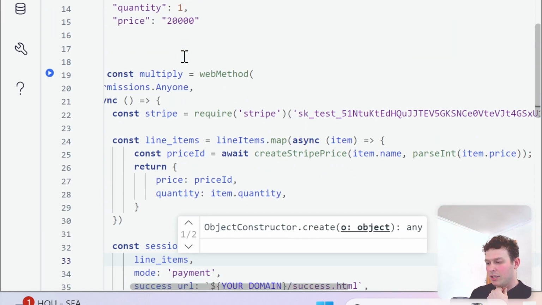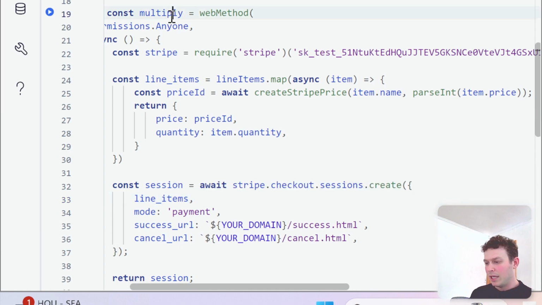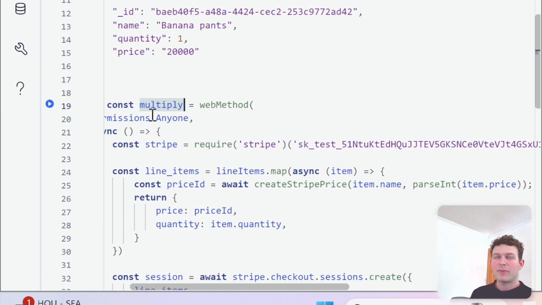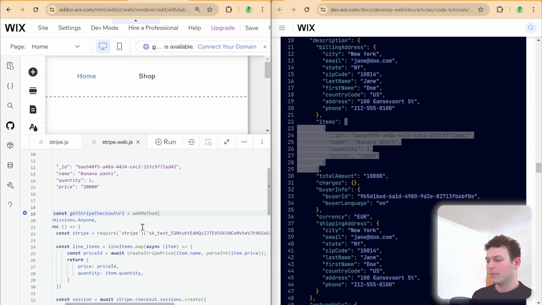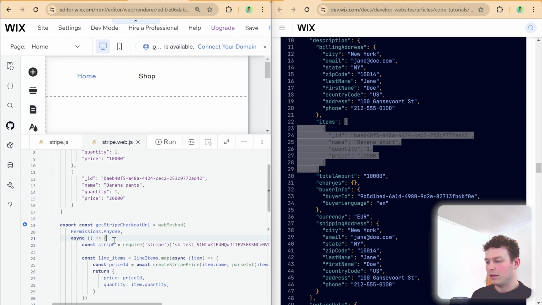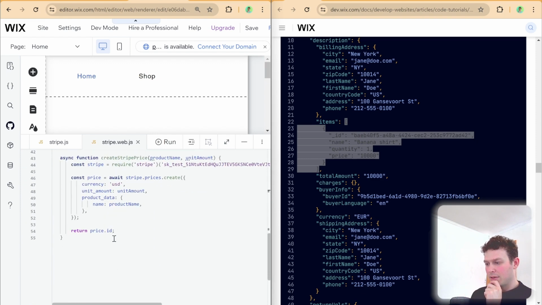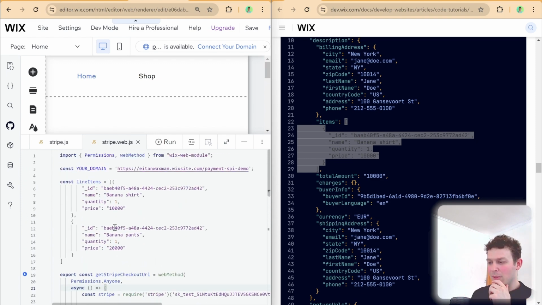And I'm just going to change one last thing, which is the name of this web method up here. So it's not multiply, but it will be getStripeCheckoutUrl. Okay, that's essentially our goal here, right? If you recall. So I'm just going to format all this code, take a glimpse at it. It looks decent. We might do some refactoring in a moment, but for now, this should work if I run